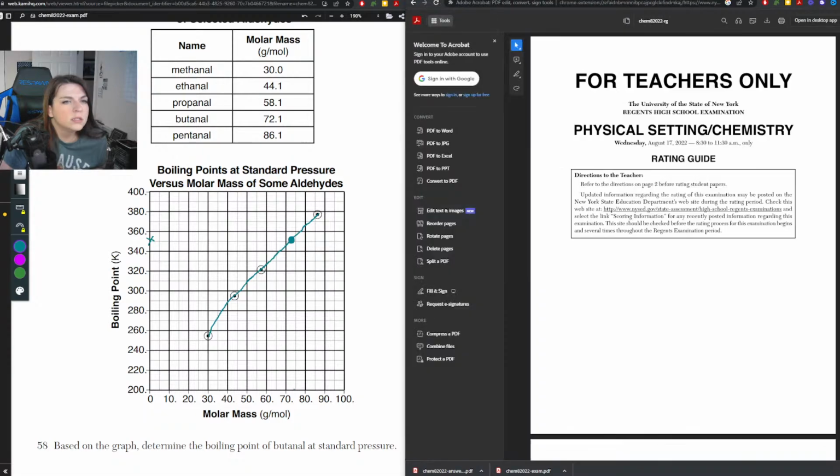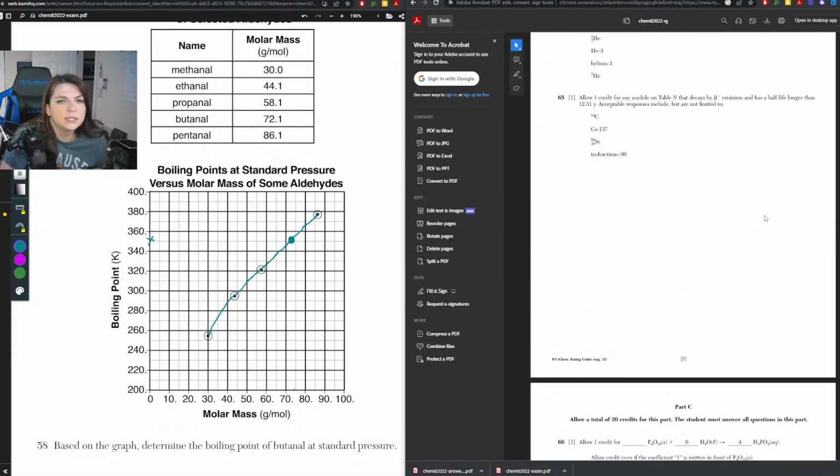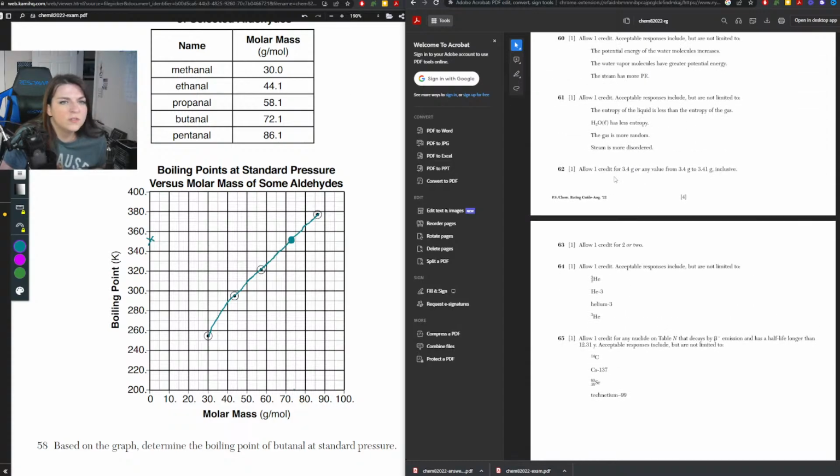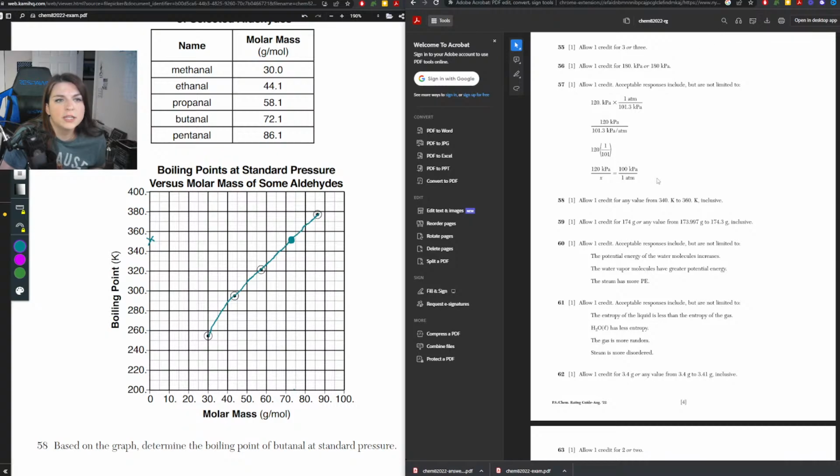Where is it? Yes, we want to take a look at this. We are doing what question, 58? Okay, so just looking at this, just so you're not paranoid about it, it says right here, question 58, it says allow 1 credit for any value between 340 and 360. So there's a really huge range. Like you could be off by 19 Kelvin and still get the correct answer, depending on what the actual true